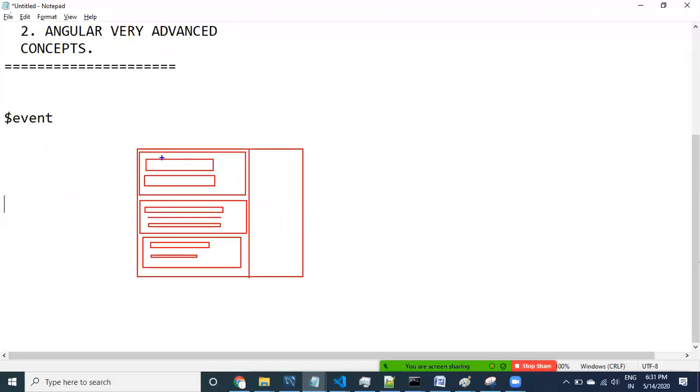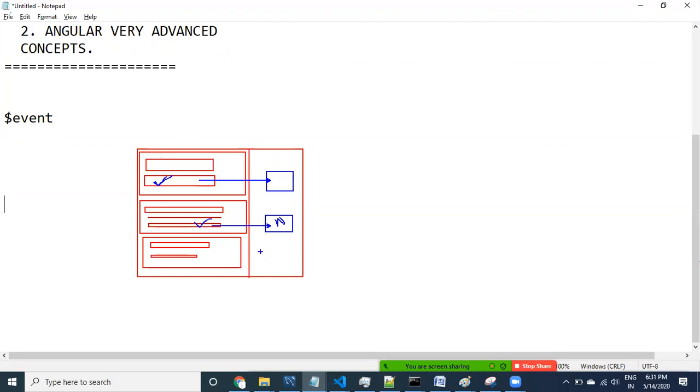Now, when the user clicks on any record, whatever the user clicks on, I have to display that information here. From this table, on which record the user has clicked, I want to display the employee name. That's it. I don't want all the information.